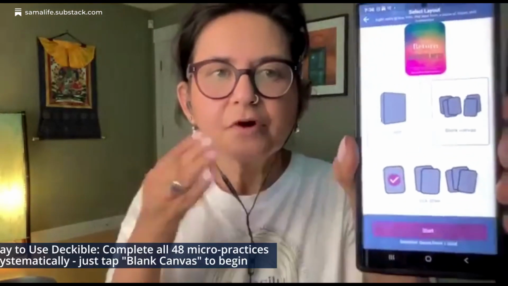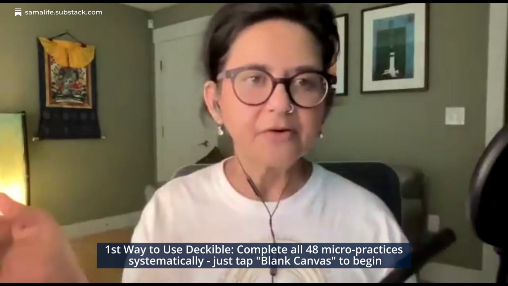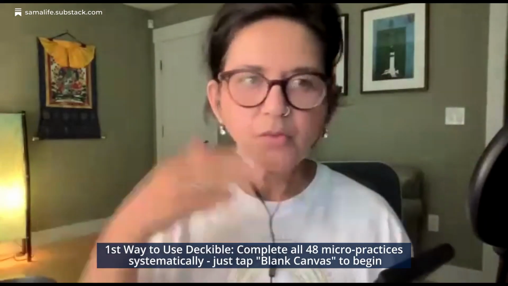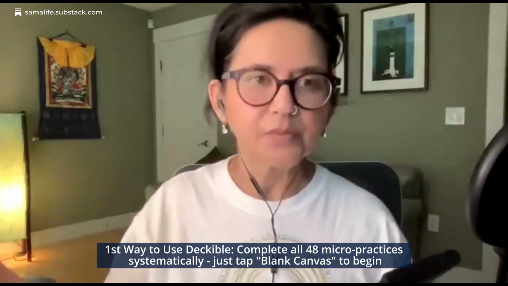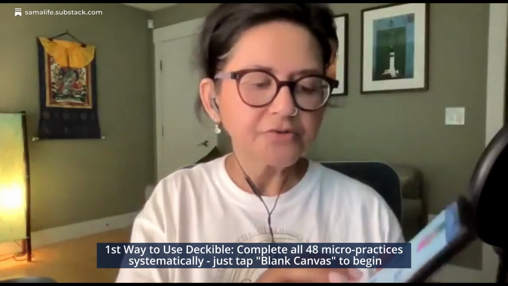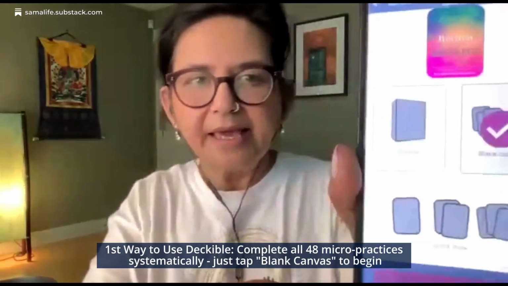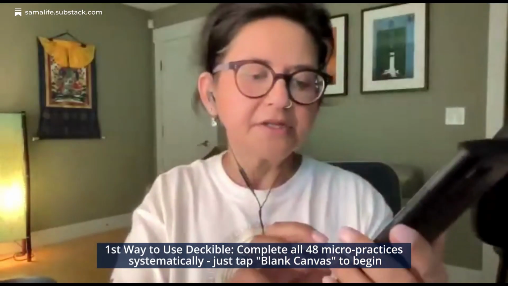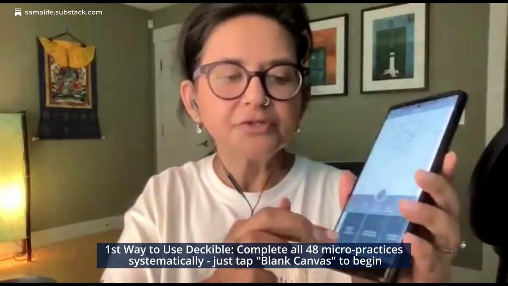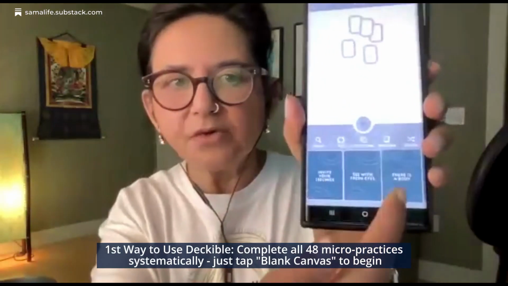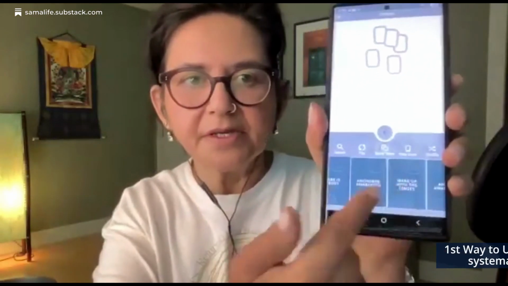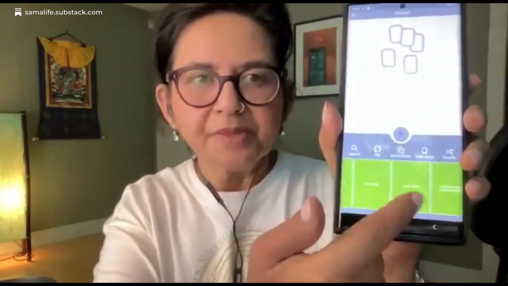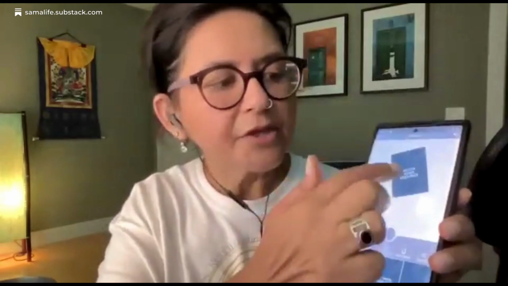And so if you want to do all 48 micro practices in one go, one after the other consecutively, that's one way you can do it. You can choose the blank canvas and click start, and it shows you all the practices in order, starting with awareness and then going through compassion. So it goes through all the practices, and all you have to do is drag it up. And when you click it,